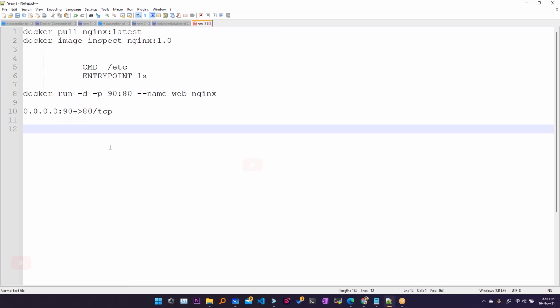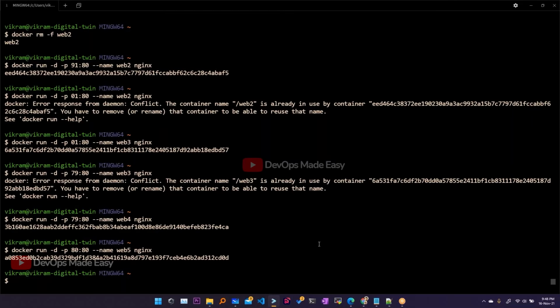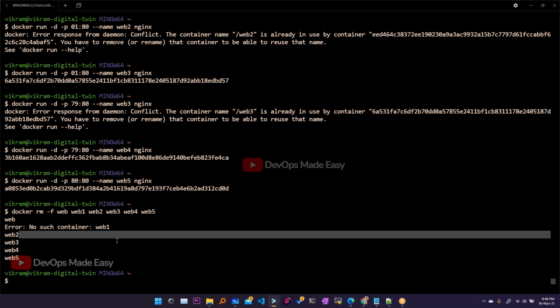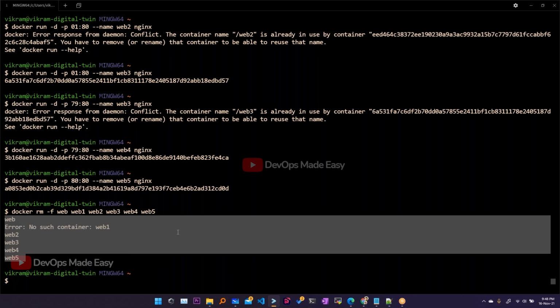If I just see the starting process of an Ubuntu container, I wanted to remove all these Nginx containers. So I'll use docker rm -f web1. I can give multiple names like this, right? There is also a prune command. Web1 is not there, so it is throwing an error, but the other containers are removed.